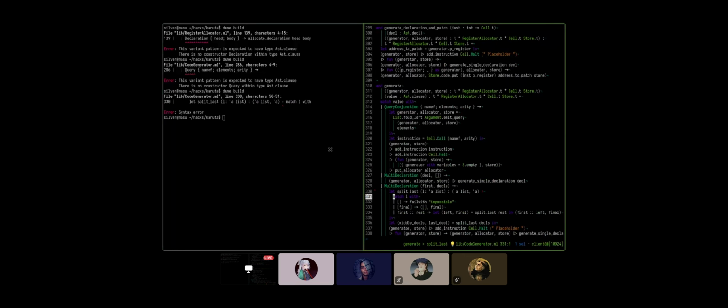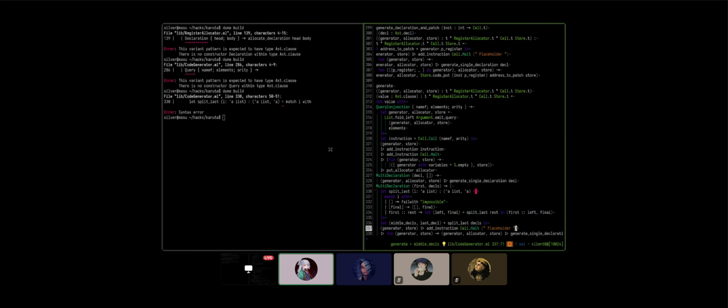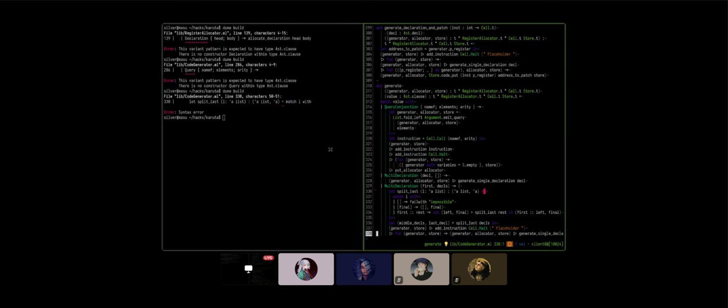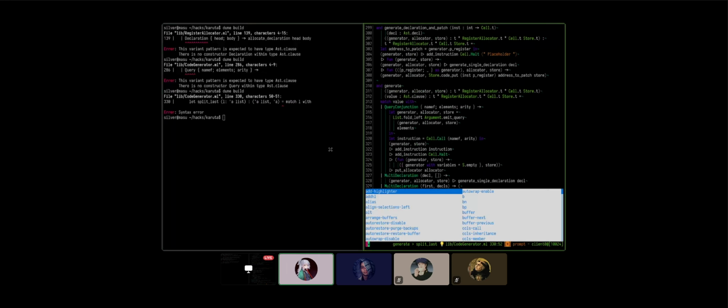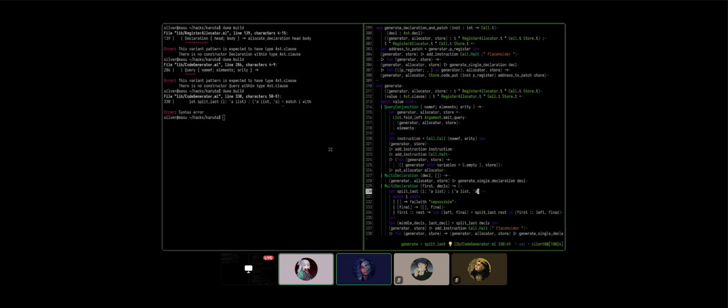Yeah, indent that. What's the problem, buddy? Am I going insane? Maybe we need to do this. I have my doubts. Actually, maybe we need to do this instead. No, no, no. What is going on? Let split last, then we have the type of that, and then we're saying the return type. I am confused. What is going on?